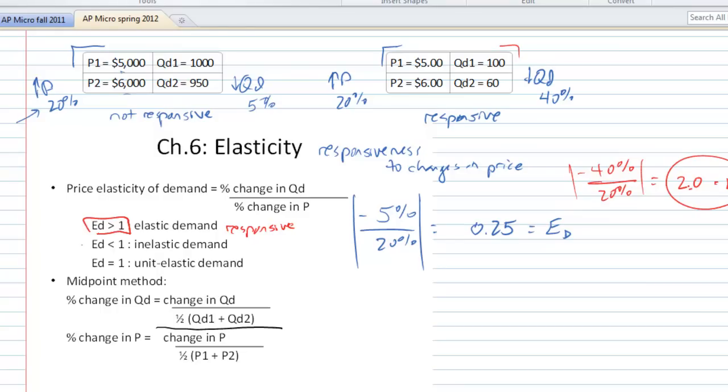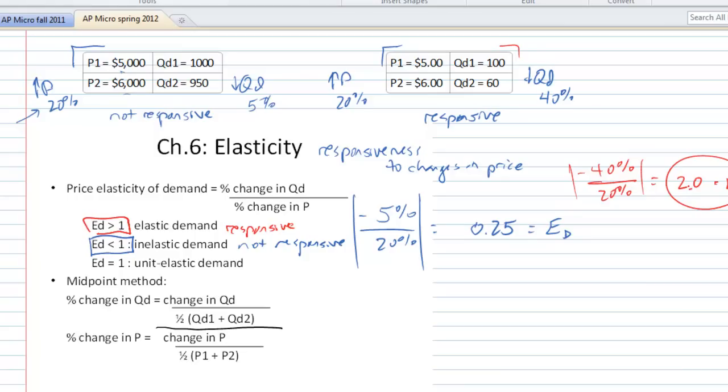People switch away from them and to other goods when the price goes up. Goods like emergency pet care that are not very responsive to price, people are going to buy them almost no matter what, or at least many people will. That's very not responsive. And the way the math works, since you've got basically a numerator and a denominator here, it's a ratio. It's going to be greater than 1 if the quantity demanded changes more than the price. That's elastic demand. Quantity demanded changes more than the price. And it's inelastic demand if the quantity changes by less than the price. Again, the quantity is not responsive to price changes.